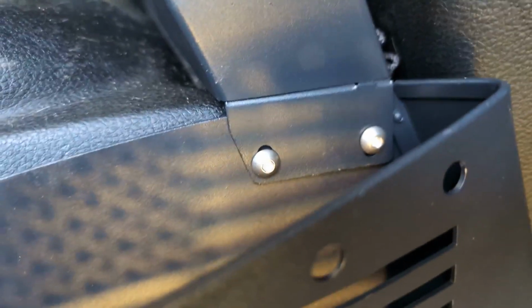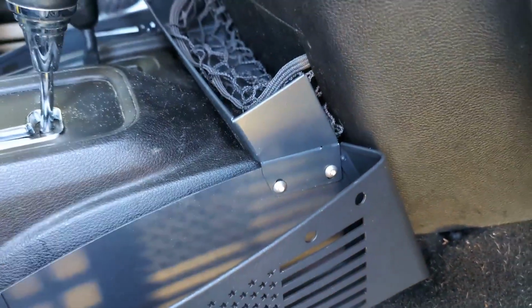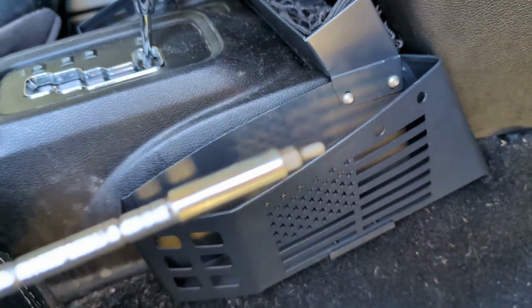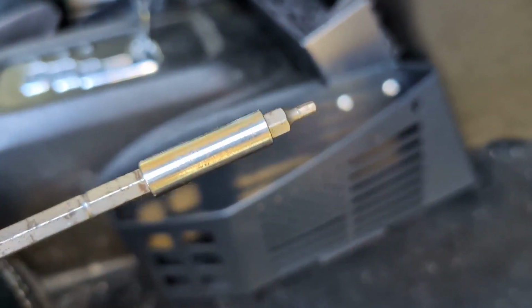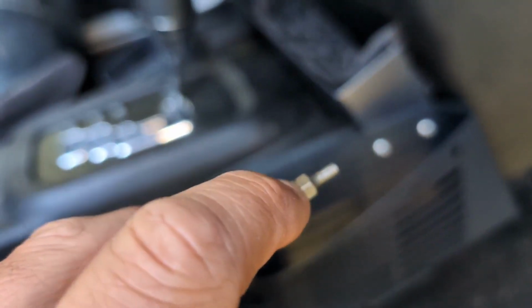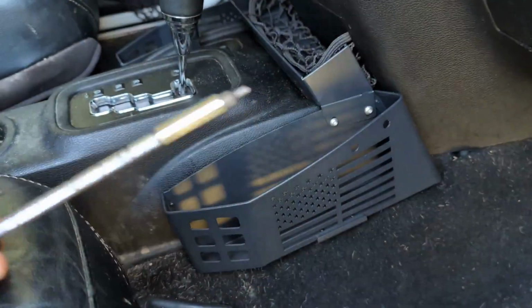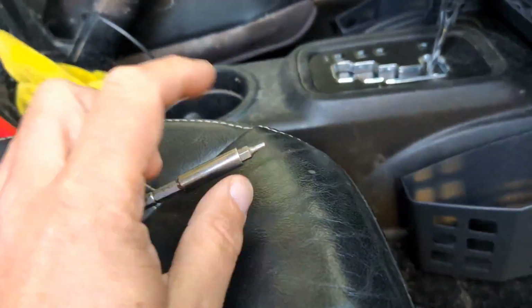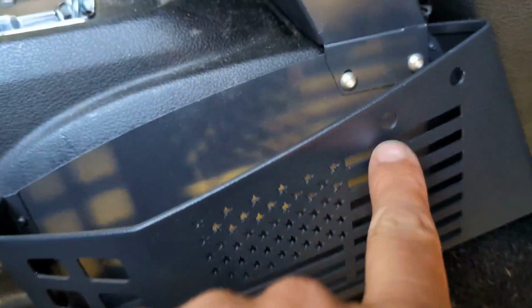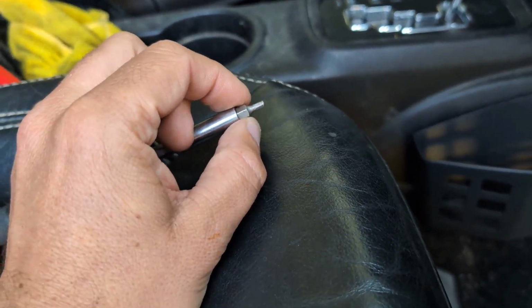Just so you know, for the installation itself, this is all done in 3mm Allen. Your 1/8 will be a little bit too big, and your 7/16 will be a little bit too small, and you'll probably mar up the end of that. So if you don't have a nice 3mm or a long one, an actual L Allen would be much more appropriate. I didn't have an L, but I do have these little bits, so it worked. They do have these cutouts here so that you can go in. I just used one of these and a 1/4 inch wrench to tighten them,